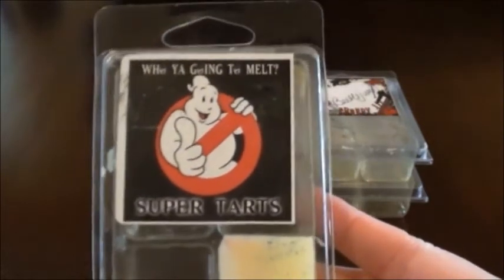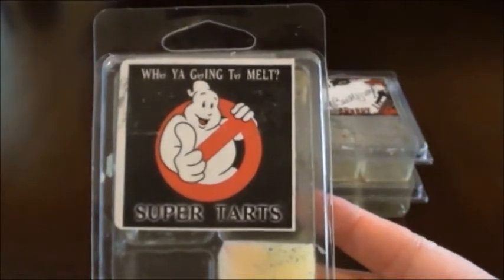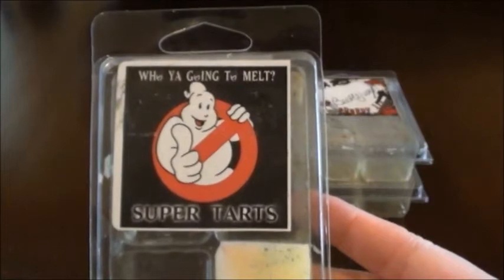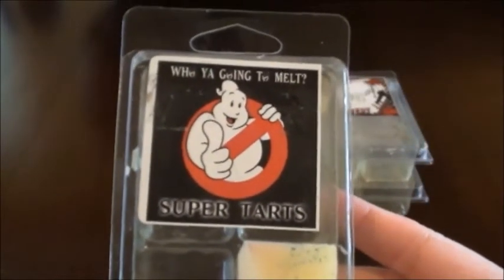Okay, Stay Puft. Sorry, I meant to take that off before. Okay, so Stay Puft is marshmallow fluff, strawberry rock candies, and I think it was like blueberry something. I didn't write it down. Like I said, I was being lazy with it. By the way, all of these threw really well and strong, so no complaints there. So now, okay, Stay Puft. Now in the clamshell,